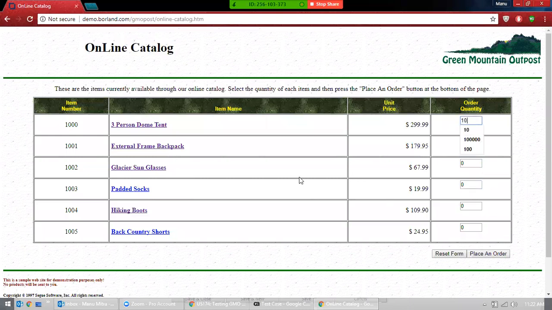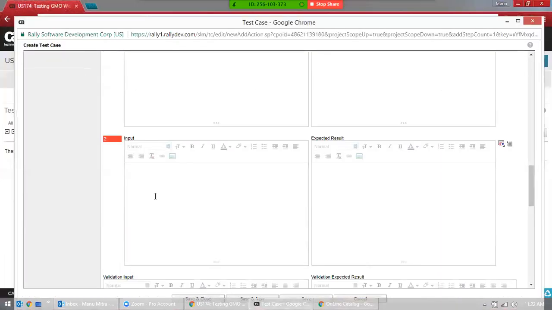Let's put here: enter the value for 3% dome tent.